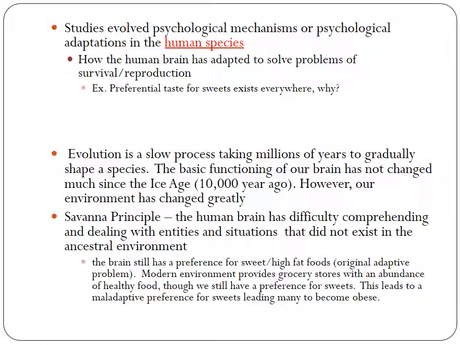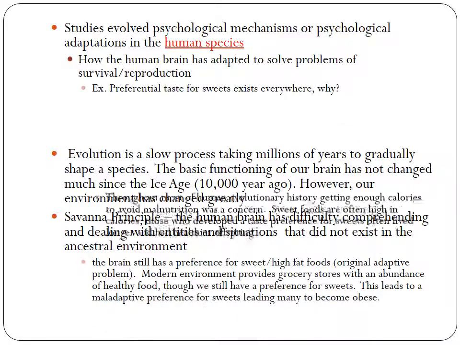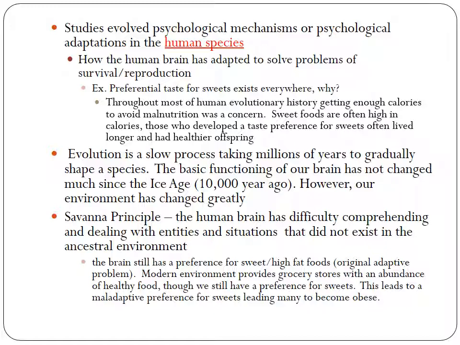And the answer is that a very long time ago, in hunter-gatherer times, anything that was sweet was high in calories. If it was high in calories, it meant that when we were walking for miles a day, when food was scarce, these would have been sources of energy for us that would have lasted a long time, hence a lot of fruits.